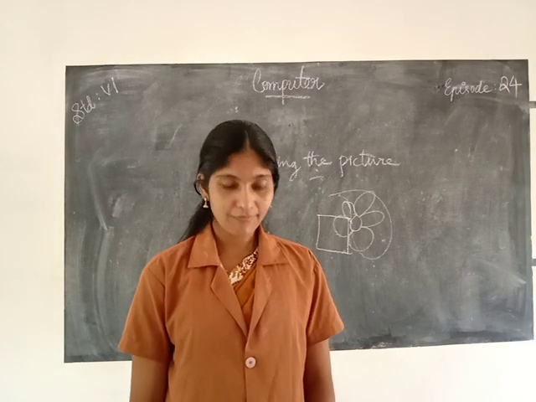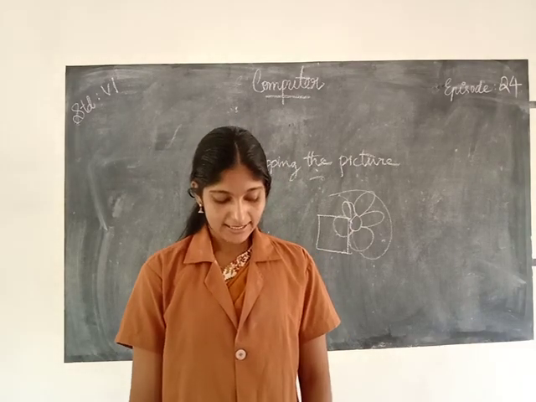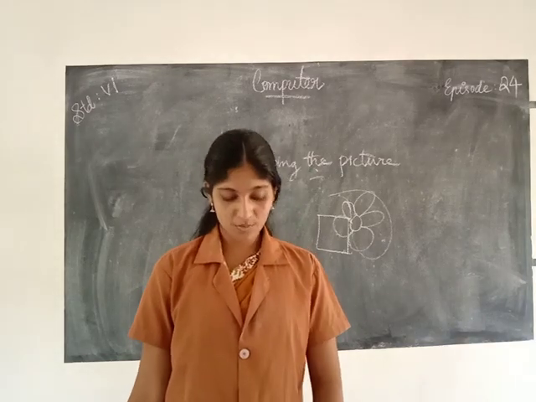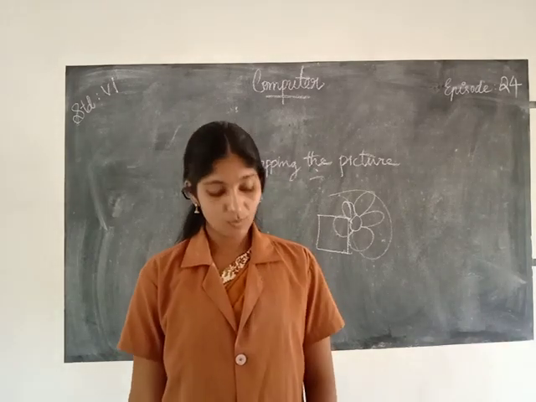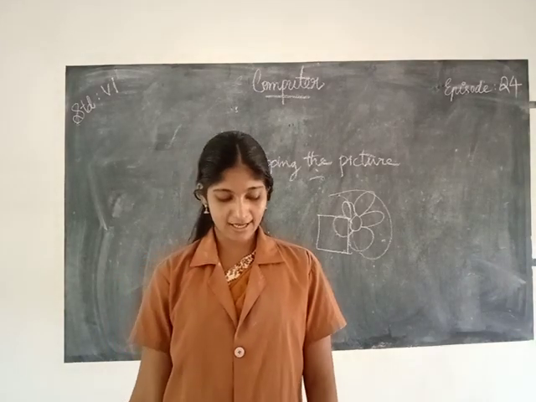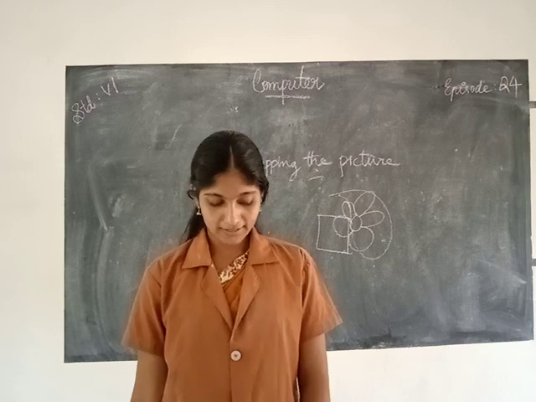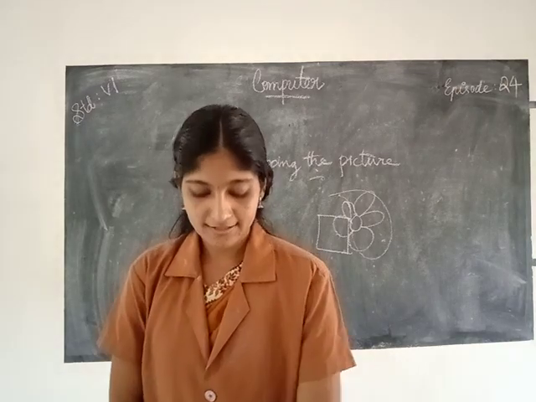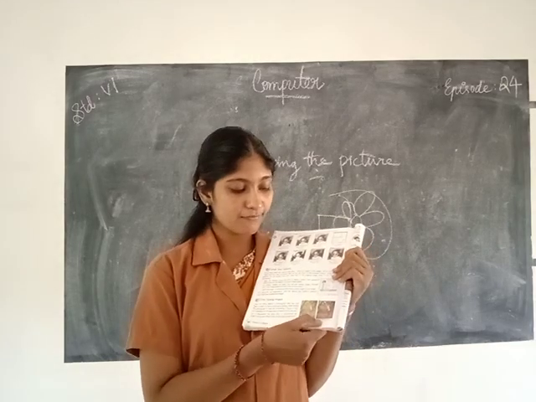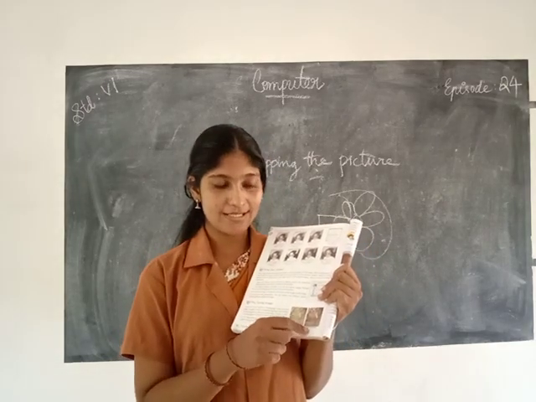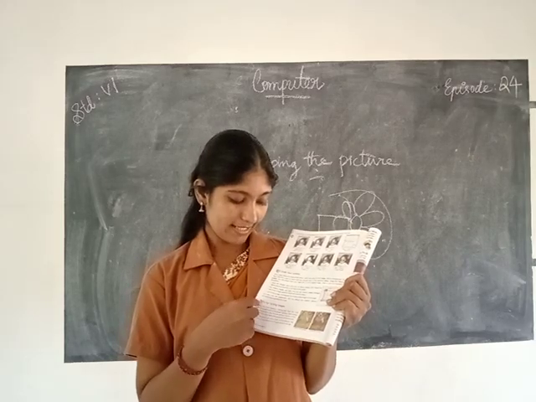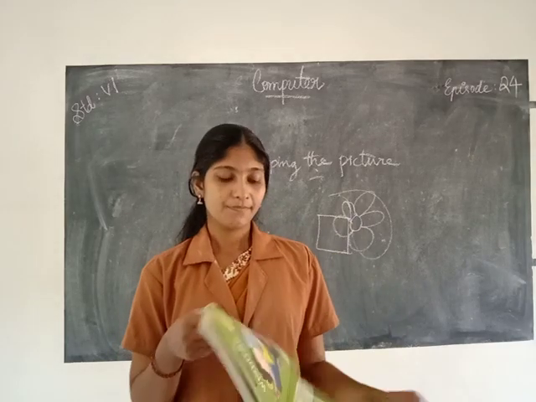Then next is fine tuning images. There are many reasons a photograph does not look good. It might be due to improper lighting while taking the photograph, or that the processing is faulty, or that scanning was not done properly, or it is very old. So here is the picture. You can see this is before the fine tuning, and after the tuning it will be clear and the quality becomes better. So we can apply fine tuning.